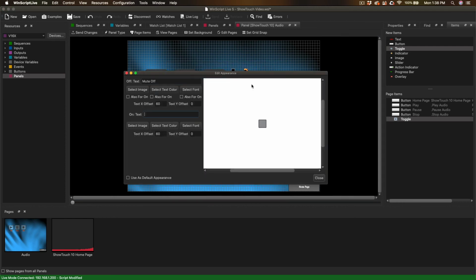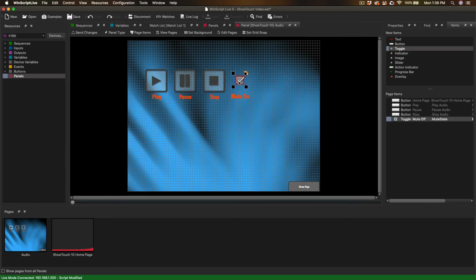The mute Boolean is already attached to a sequence as a trigger, so anytime it changes state, the sequence runs to make sure that QSys is on the same page for whether the system is supposed to be muted or not. The final control we need to add on this page is a volume control, and for that we need